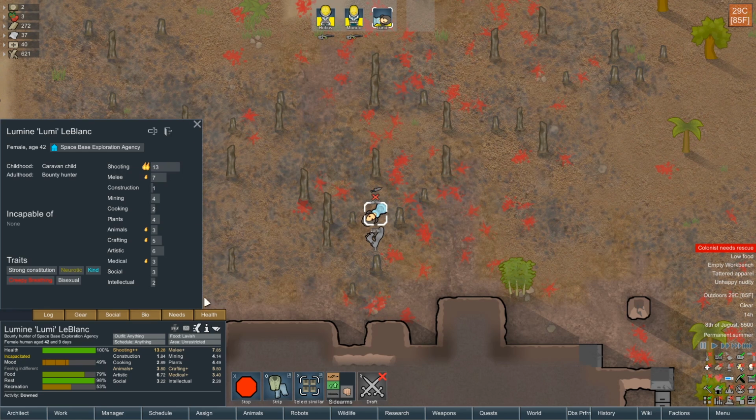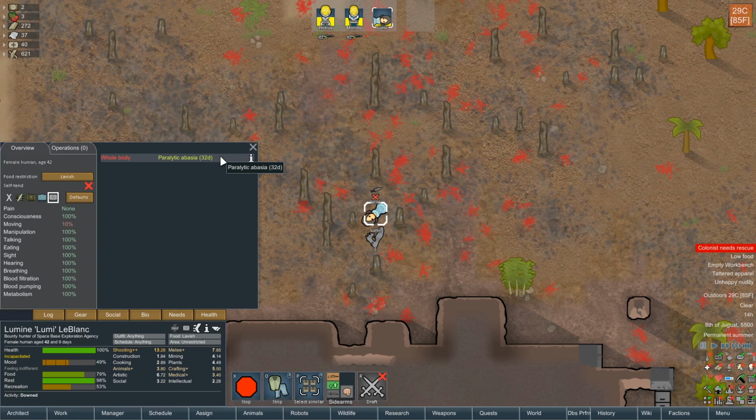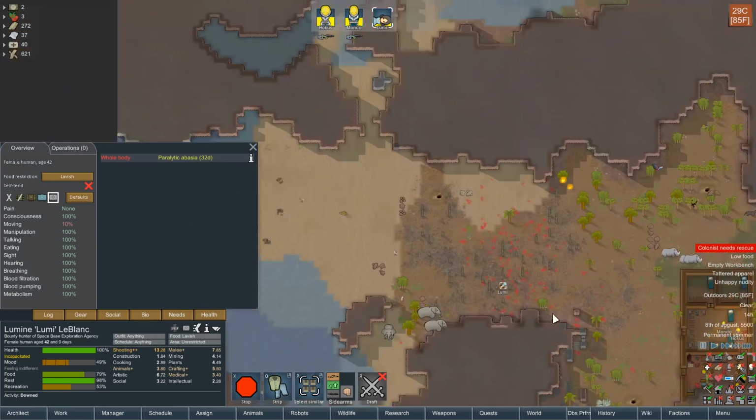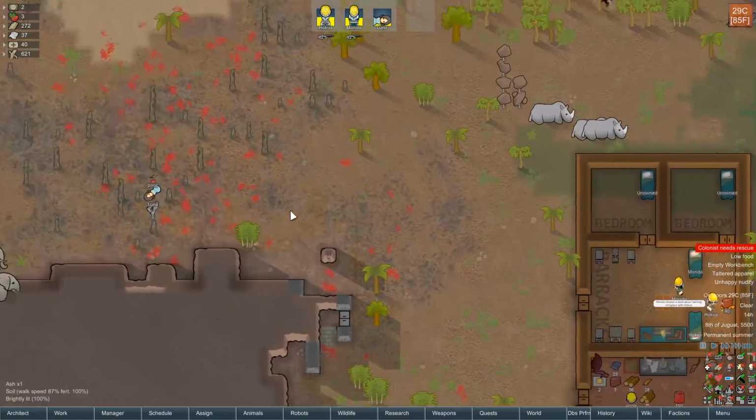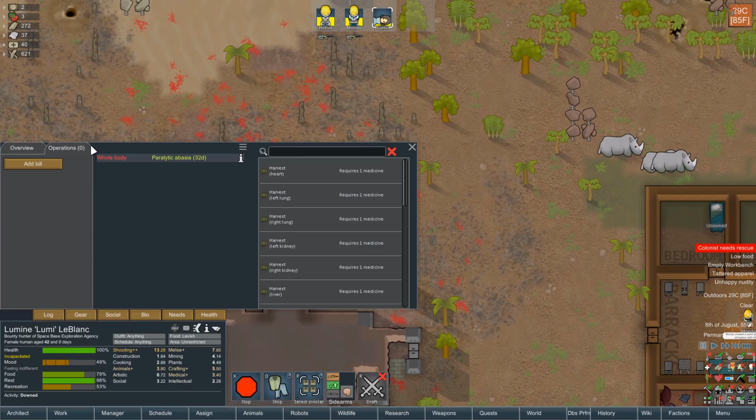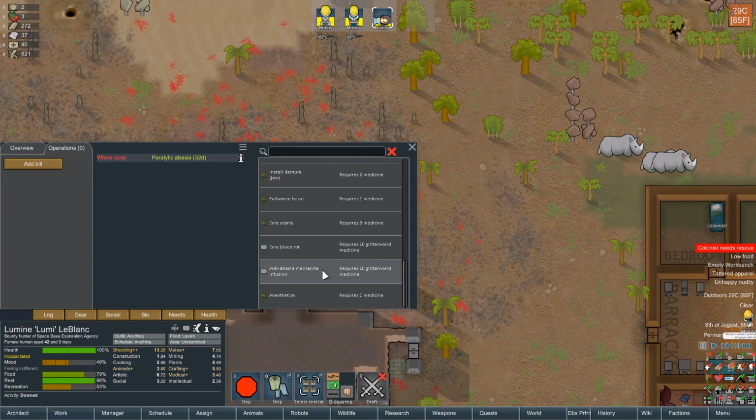She got 30 in shooting. Holy shit. So what is the paralytic... 32 days of paralytic abasia. Wow. That's interesting. So if we can keep her alive for 32 days, we get a free colonist, or we do the operation. What is the operation like? Because getting someone early here...